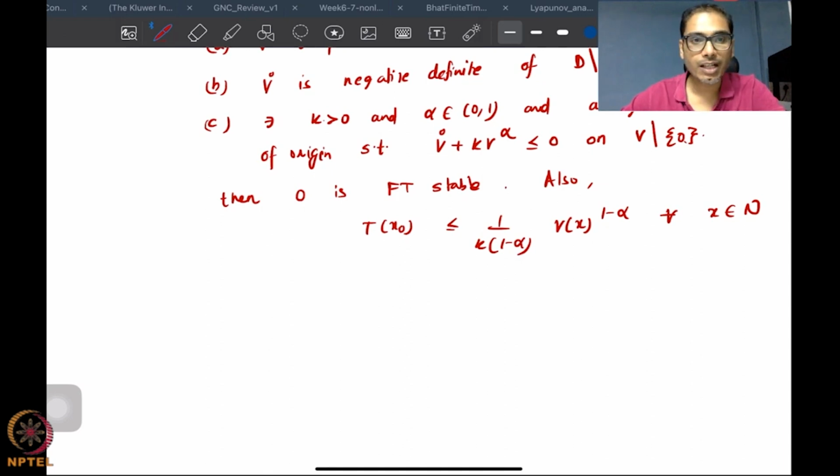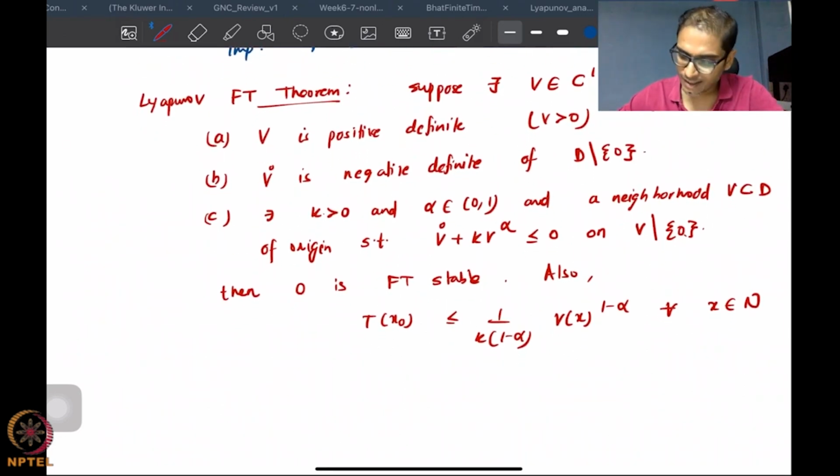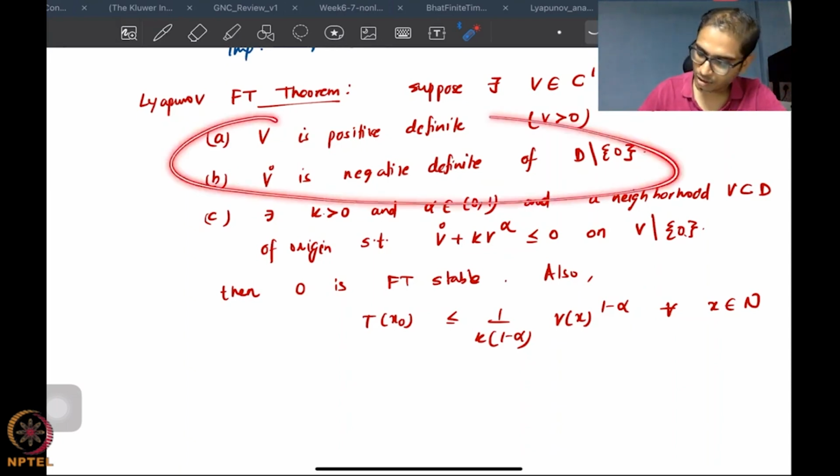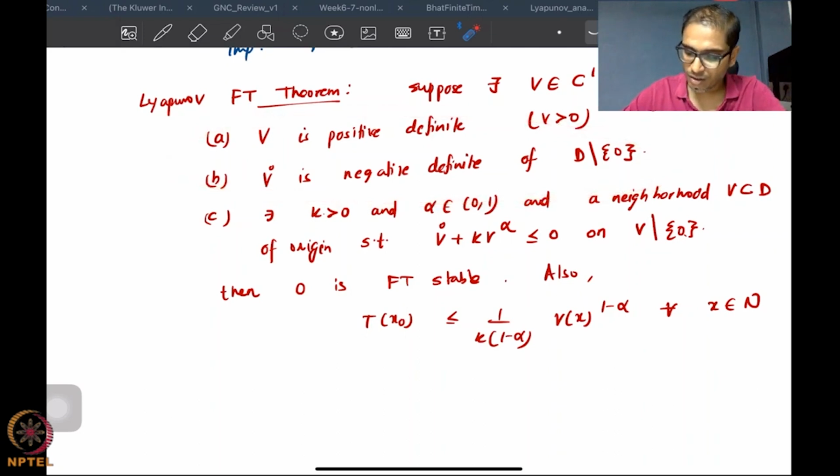it is important to try to understand this result, right? The Lyapunov finite time stability theorem is not too different from the typical asymptotic stability theorem. In fact, the first and second look rather similar, right? So we require that V is positive definite and V dot is negative definite on this deleted neighborhood. On top of that, we have this kind of funny convergence condition, which says that there exists some positive scalar k and some exponent alpha strictly between 0 and 1,